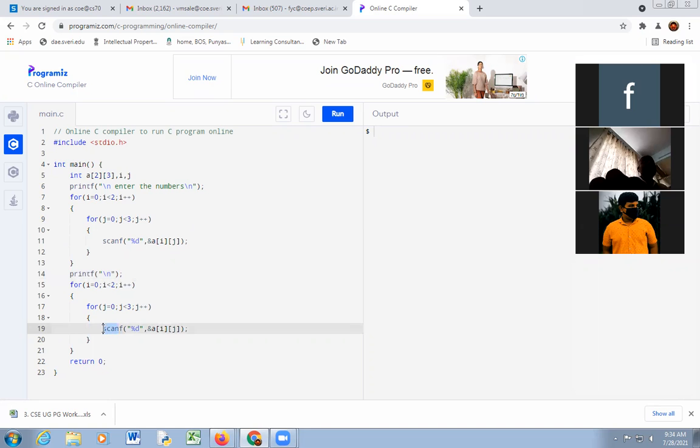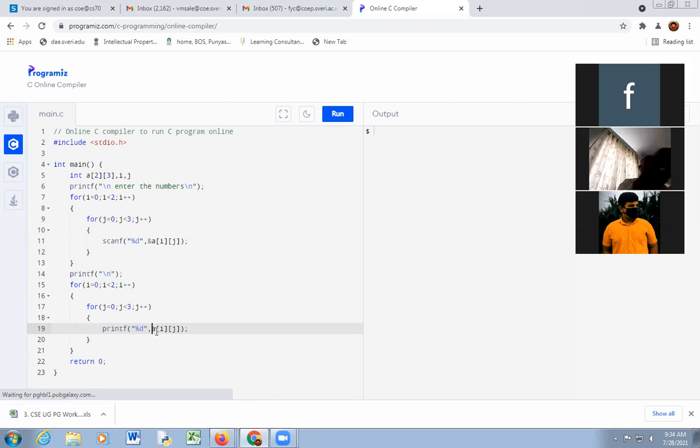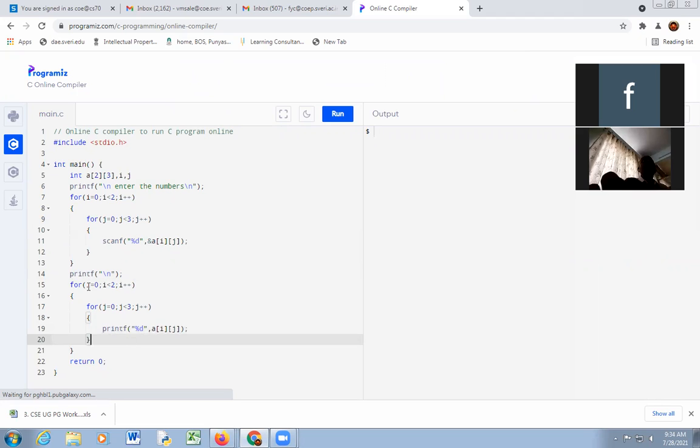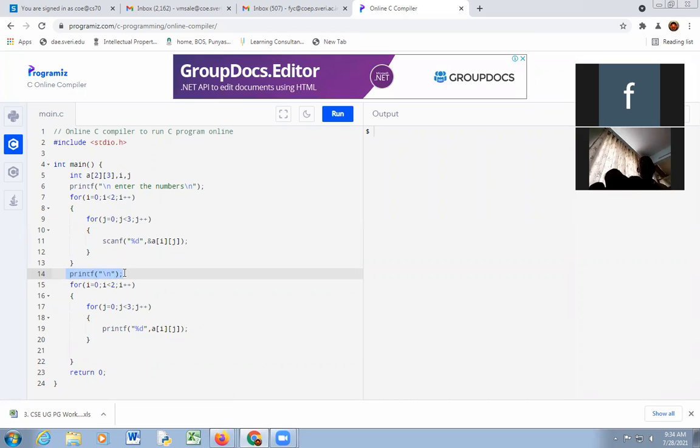Here I want to display elements, that's why I am writing printf "%d", a[i][j], and I want to write in matrix format, so that's why here I am writing the statement printf "\n". This is the code for showing entered elements or numbers in matrix format.